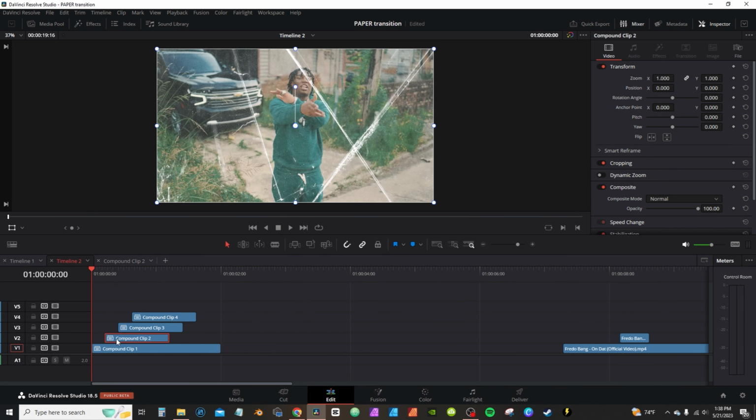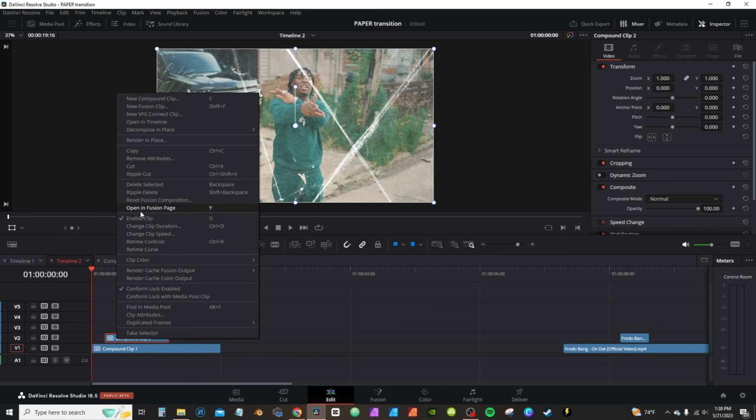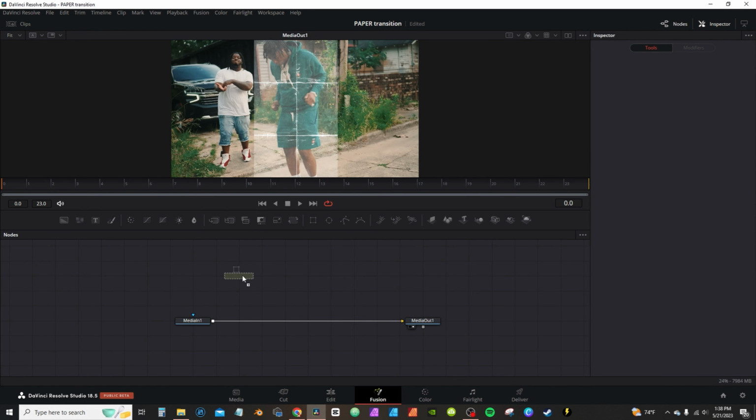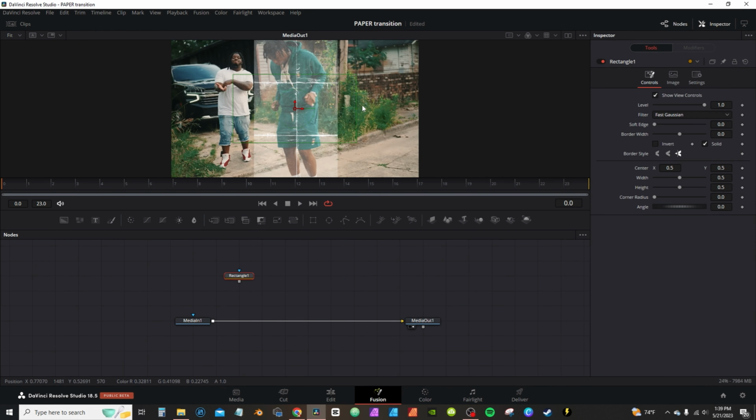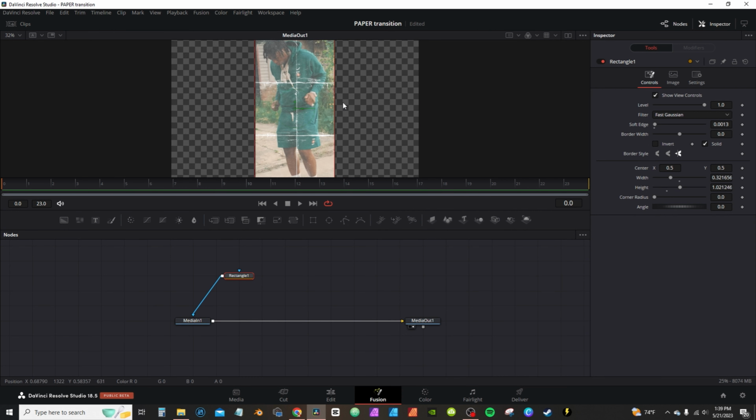Now I'm gonna select my second compound clip. I'm gonna right click and open in Fusion. So now what I'm gonna do, I'm gonna grab a rectangle node. I'm basically just gonna size the rectangle node up to match with the framing of my subject and the texture. I add a little bit of a soft edge, very little. Then I take that output of a rectangle node, connect it to the media, and then it gives me my